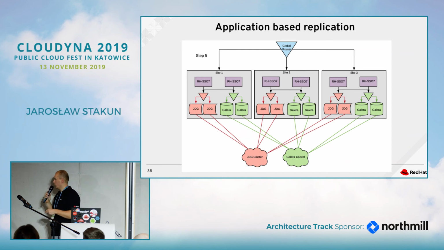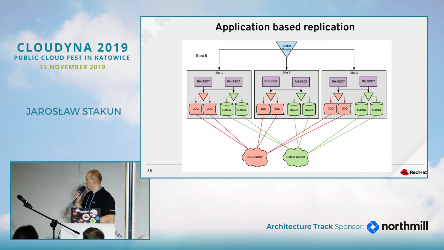So in general, even if we have millions of users, this was a relatively small amount of data. The much bigger amount of data was related to user sessions, and this is where we have been using Data Grid. Data Grid is an in-memory data cache, but it also has a geo-replication functionality. It has quite a nice protocol to replicate the data.